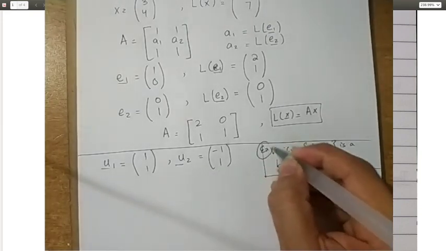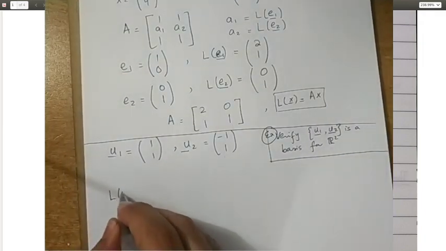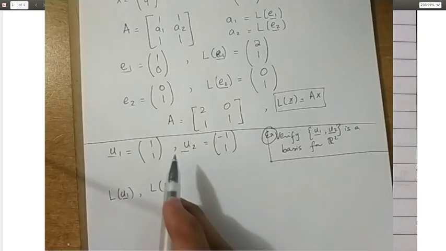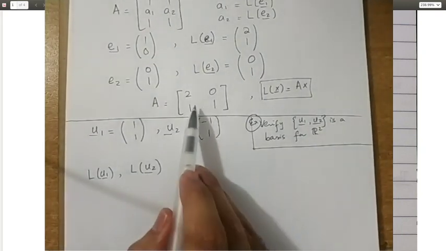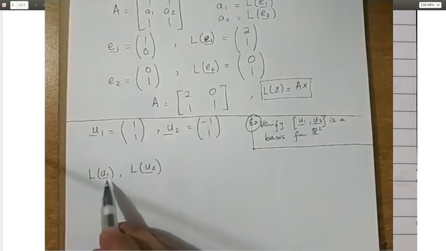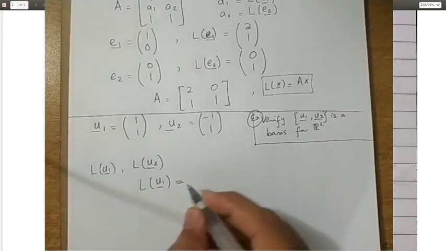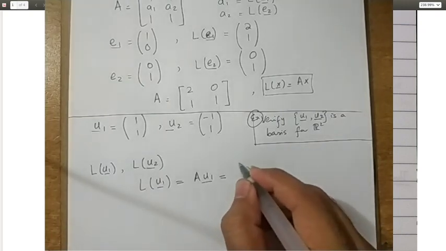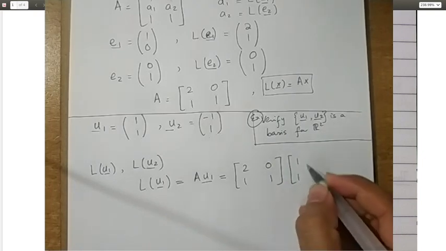Exercise. All right, and so the question is, what happens to LU1 and LU2? What happens when we transform these? Of course, if we use the first matrix that we have figured out, the A matrix, we will get LU1 and LU2. So I can just use LU1 equals AU1,